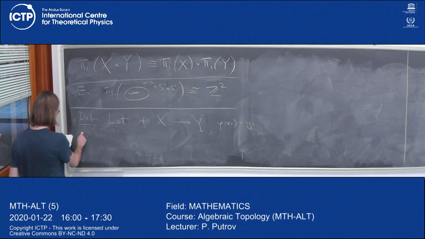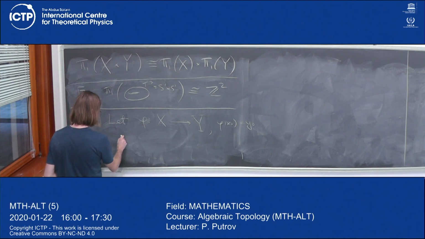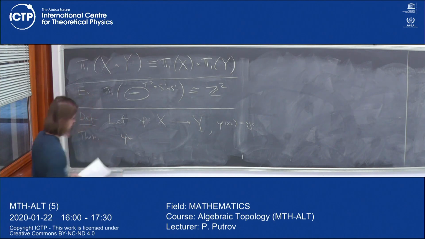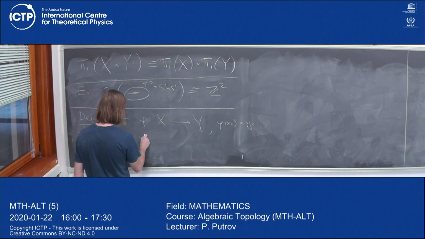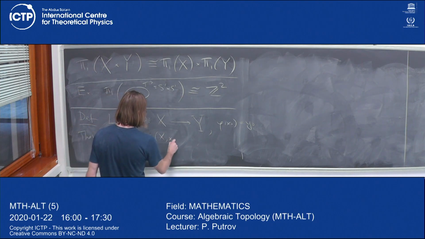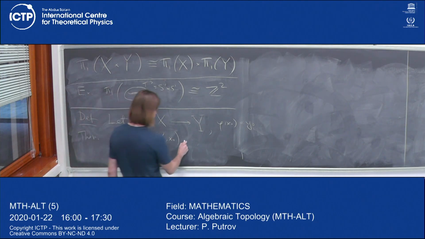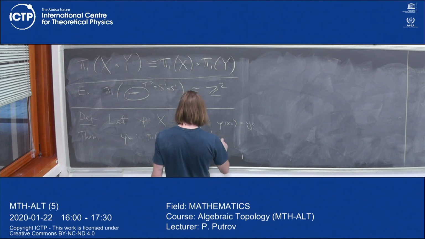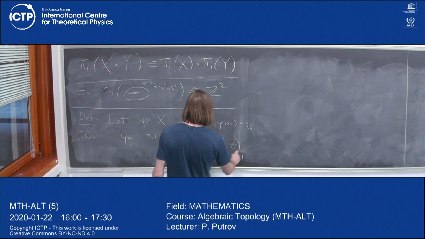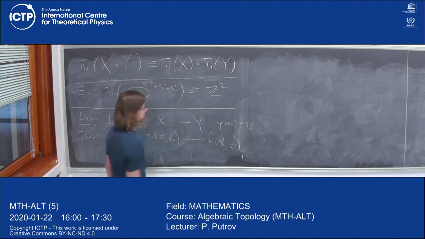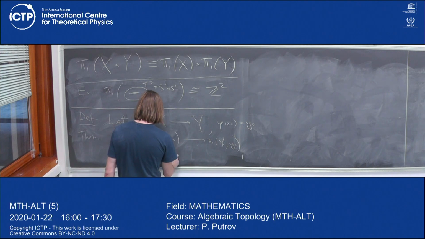So this is the definition. Then we can consider the following map, which we will denote by phi star, the map from pi_1 of X with base point x0 to pi_1 of Y with base point y0, which is the image of x0 under phi, so that is explicitly defined as well. So if I take a class of a loop